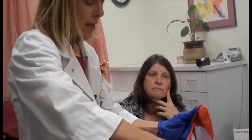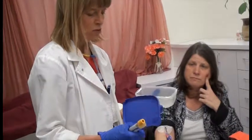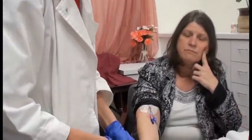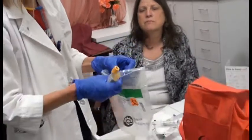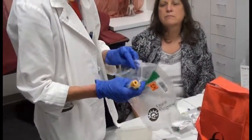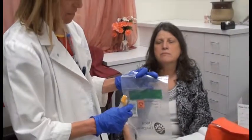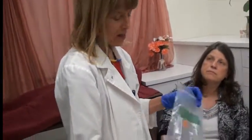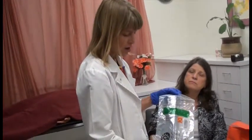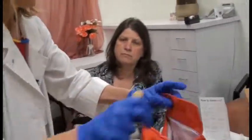After labeling the lab tubes correctly, you want to place them in that hazard-proof thick plastic container. And when you get to Quest Lab, they are going to wish that you are using their lab bags. There's a split in the lab bag. One section is for the paperwork. One section is for the tubes. They don't want the two mixed together. And they want the lab slip folded so that the barcode is on the outside, so they don't have to open this to scan that sample in. So these are some requests from Quest Lab to make their job easier and less hands-on for them touching these lab samples. Then when you are ready to pack it up, you would go ahead and pack it up and close